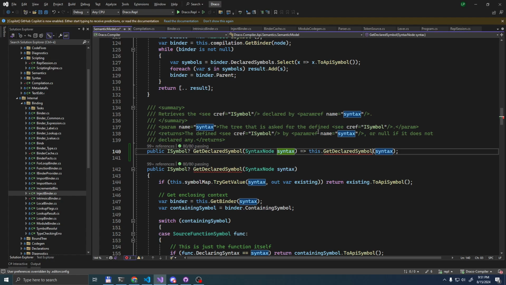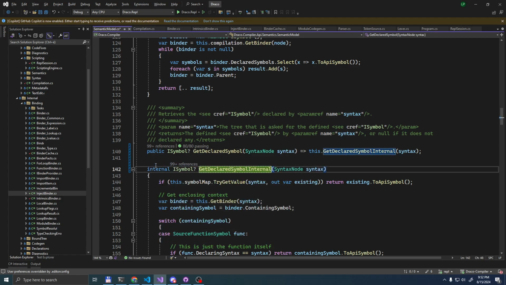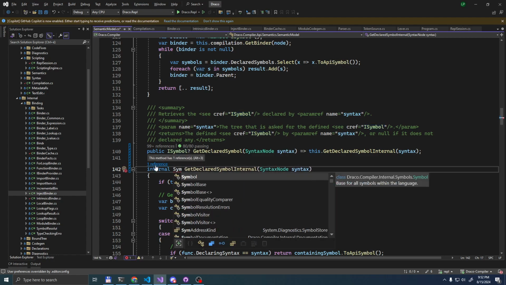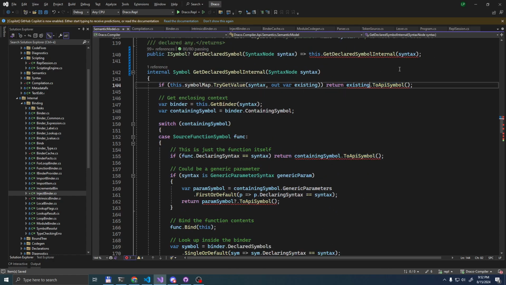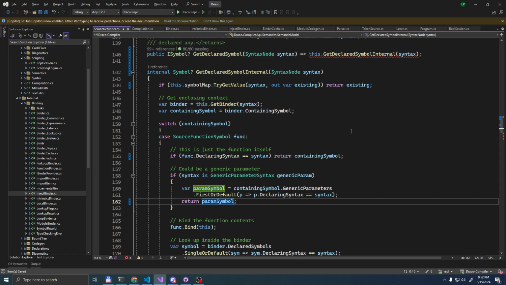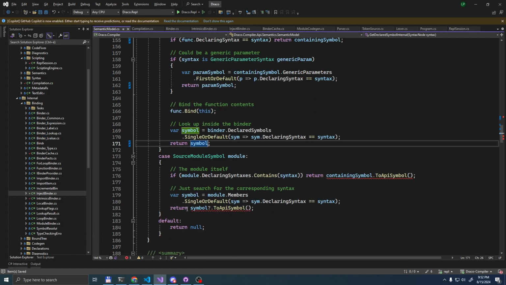Get declared symbol internal maybe. And then this can be an internal. And this can return a symbol. And we basically can just ignore these two API symbol calls. I don't know why I didn't write it this way in the first place, because it makes so much sense to do it like this instead.